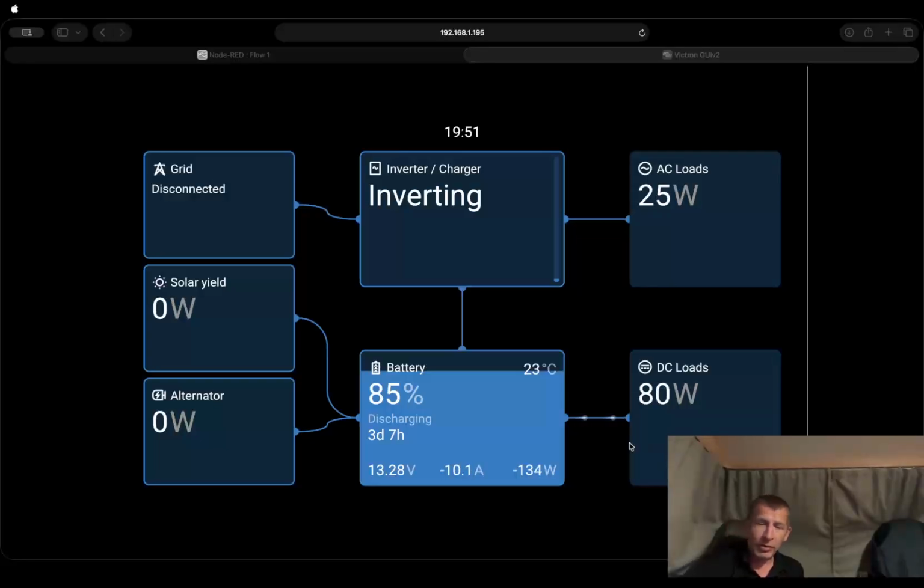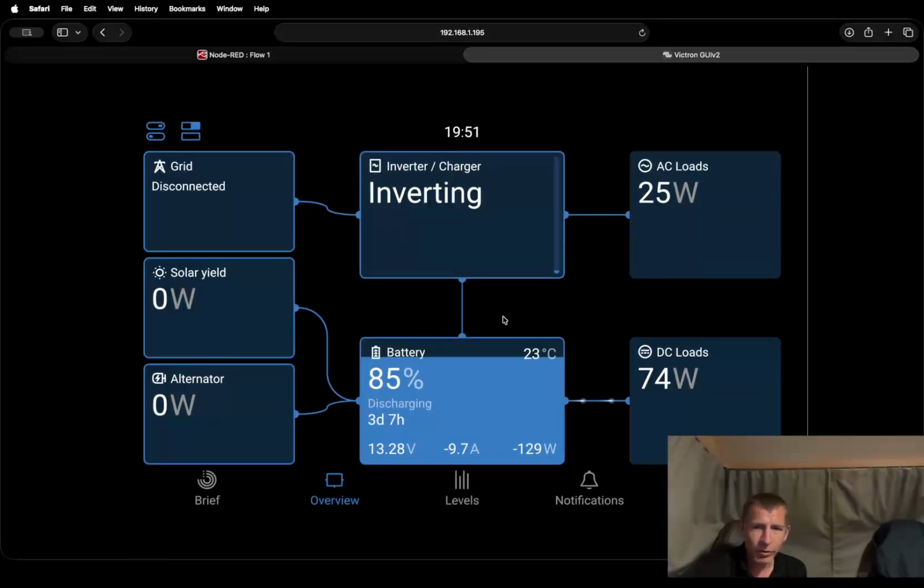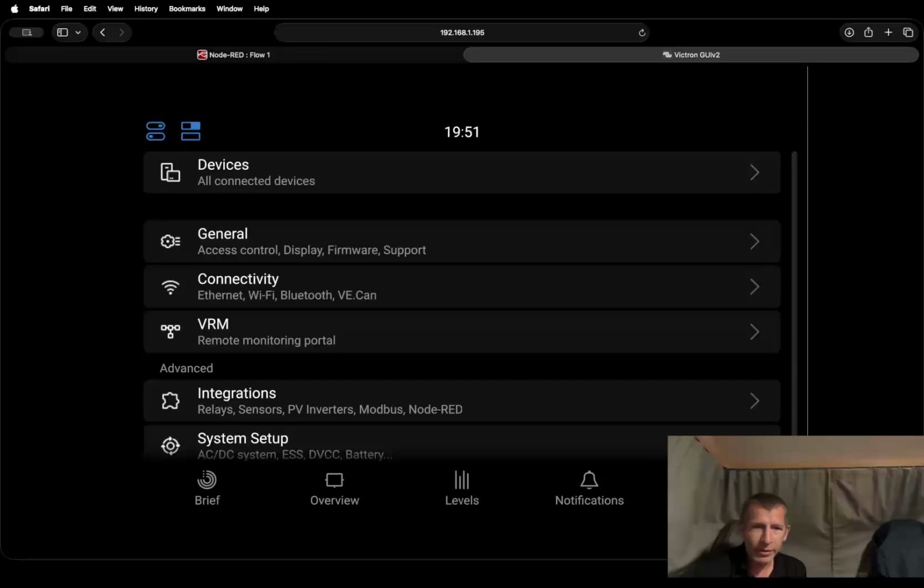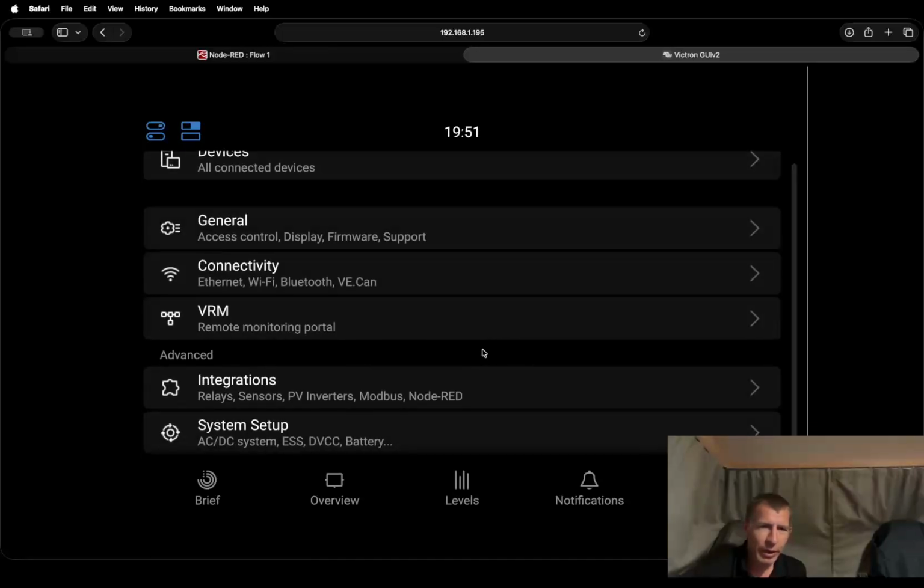So to start off with, you need to be on this screen. This screen here is obviously my Cerbo screen, but I'm using it on the PC or the Apple. But first of all, click in the middle. I'm clicking on that. So click on your screen and then go to settings and then scroll down. It should be down the bottom. Integrations. So once you're on integrations,